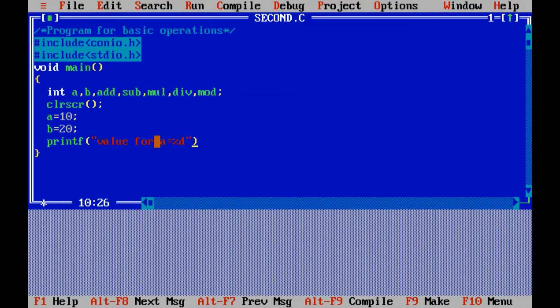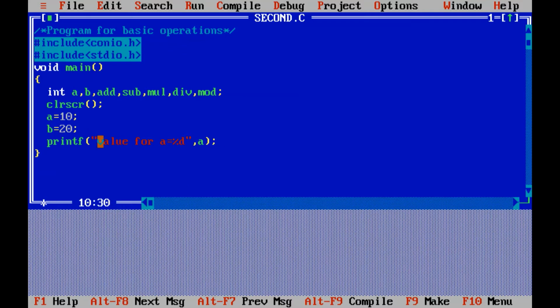When you mention a, that is going to print as it is, because we have included it inside double quotes. Remember, in the printf function, whatever we include in double quotes is going to print as it is on the screen, except this %d, because %d is your position specifier. If you write %d over here, whatever variable you mention after this, that variable's value is going to print in this %d. So write comma a and give a semicolon.